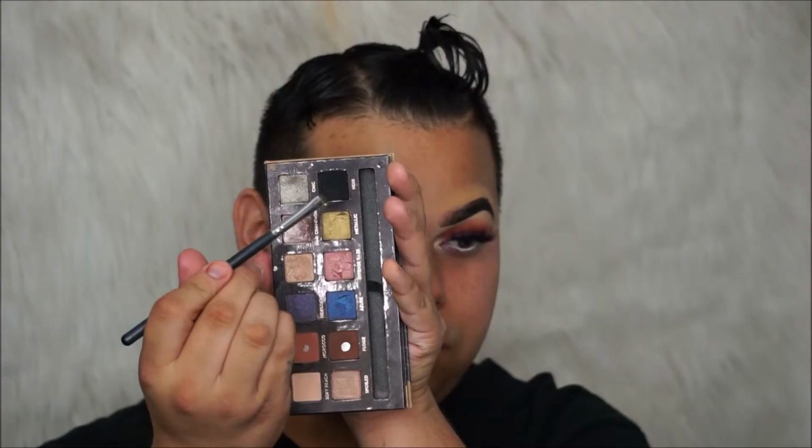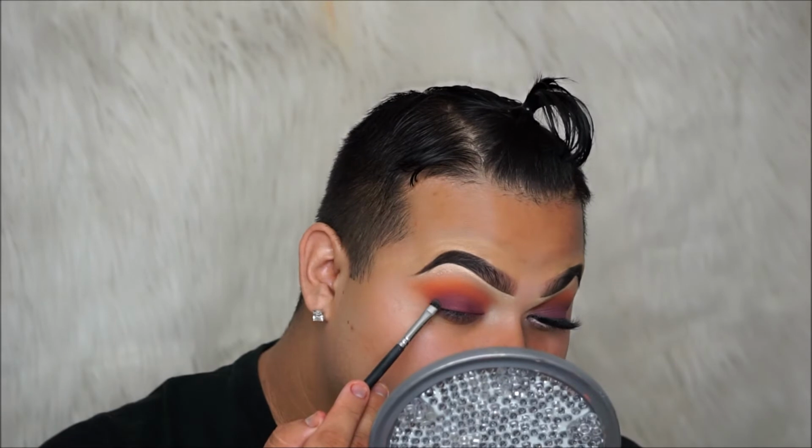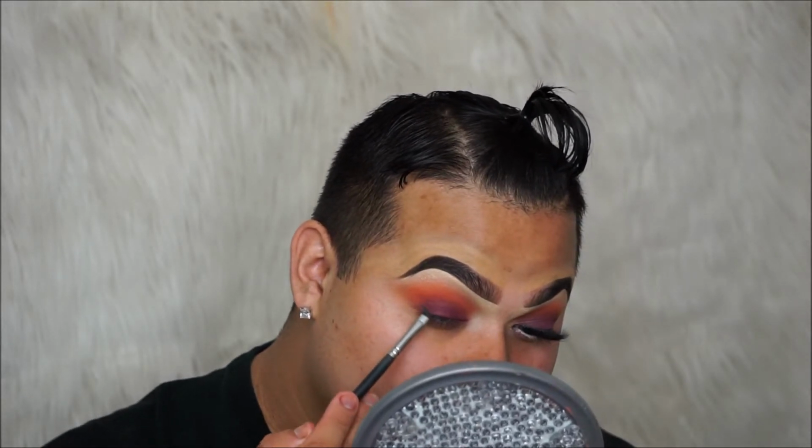Now I'm taking that same crease brush that we were using before, and I'm just blending in between those two colors so that way they mesh really nicely together, and that way they look cohesive and have a gradient. So then taking this black eyeshadow from the Anastasia World Traveler palette,